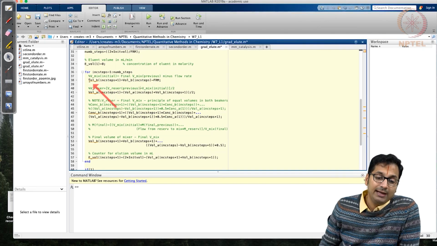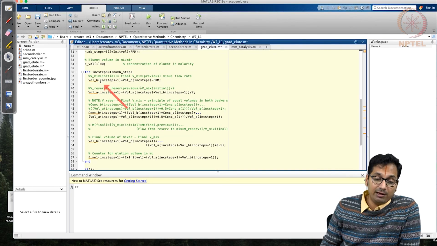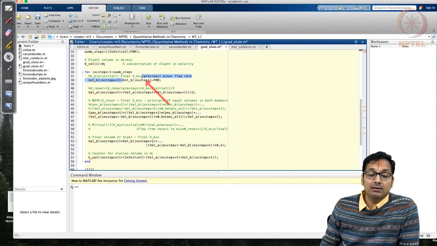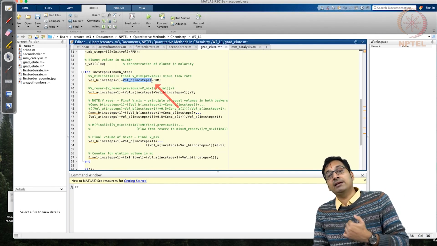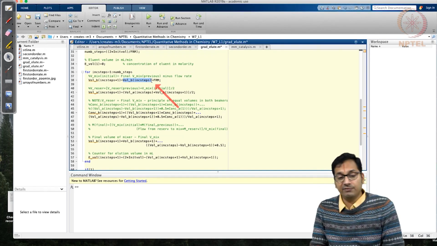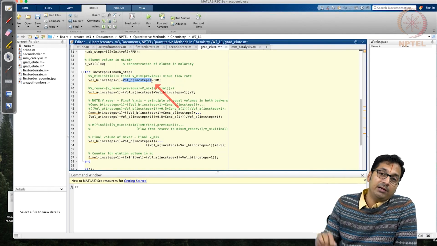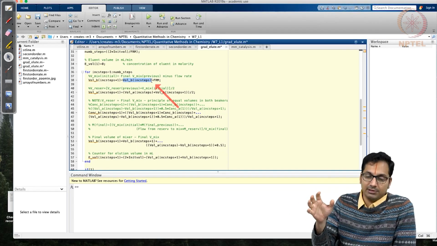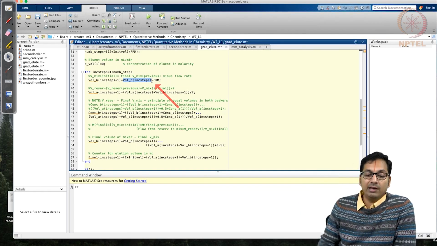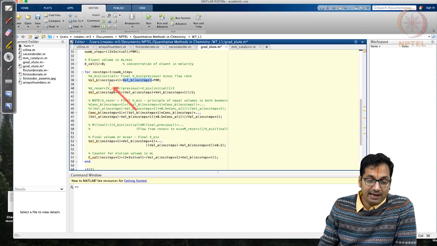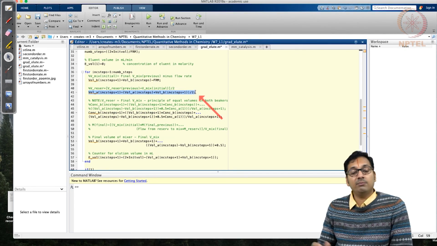The first step here is to change the volume in reservoir B. The next step is going to be the volume that was there previously minus the flow rate. Meaning, if you started from 50 ml, and you are having 2 ml per minute, and you are assuming that's the quantum that you're trying to simulate, if you take 2 ml out of 50 ml, it's going to be 48 ml. And after having done that, you should also calculate the amount of volume that will come up from A into B.